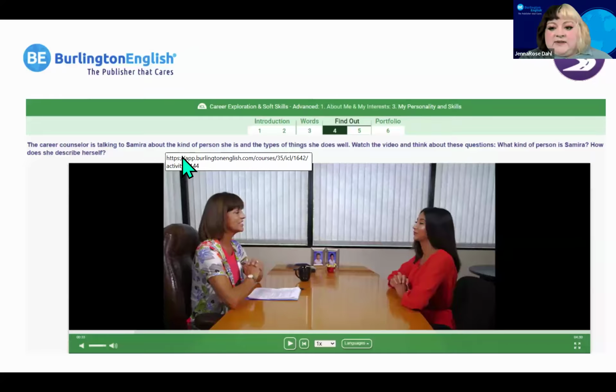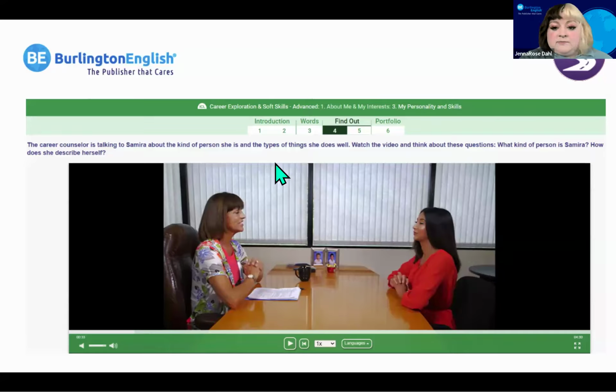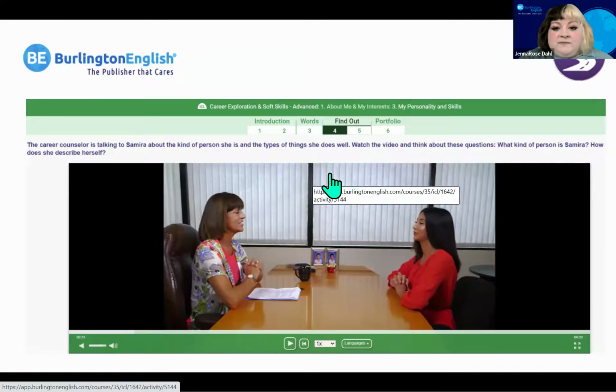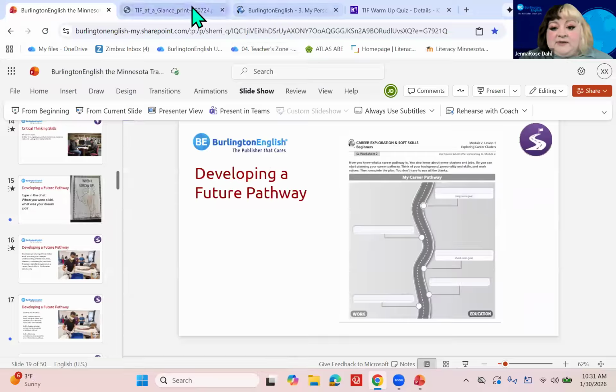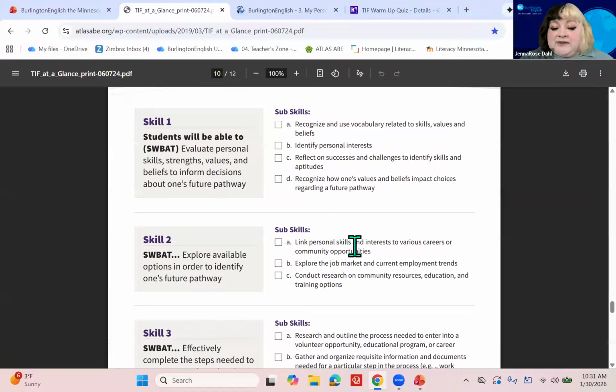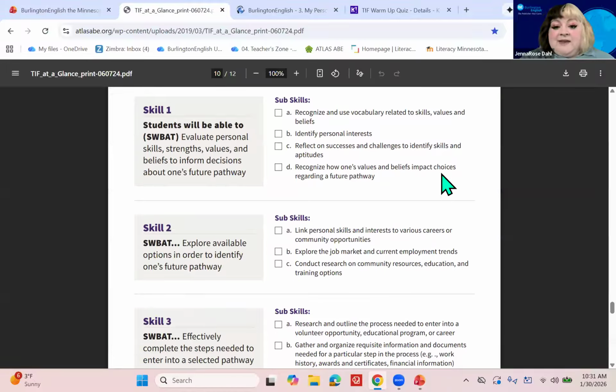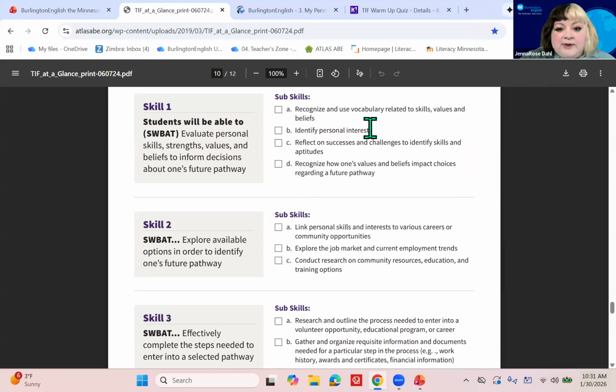Christy says skill 1A, the critical thinking. So under that future pathway, students' ability to recognize and use vocabulary related to their skills, values, and beliefs. Identifying their personal interests. See 1B, yep, identifying their personal interests, and 2A, so that's link personal skills and interests to various careers or community